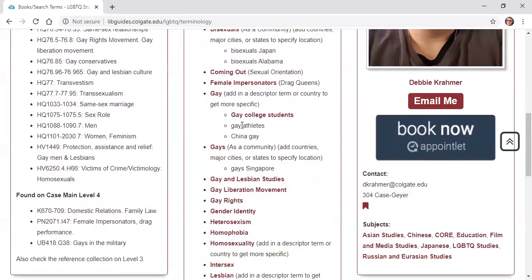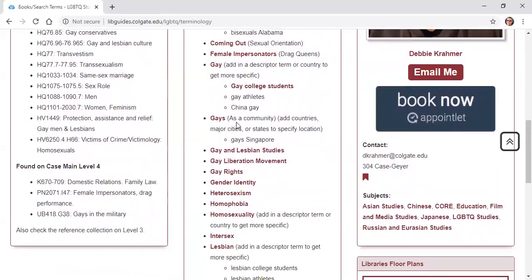Gay can be added in as a descriptor with terms or countries. So you can use gay college students, gay athletes, or gay China or China gay, referring specifically to people. If you want to speak about gays generally as a community, you'd use gays, gay and lesbian studies,